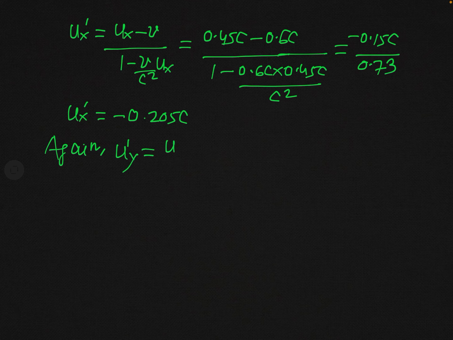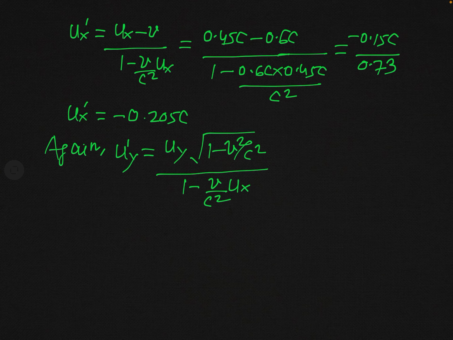You know this is equal to uy into root over 1 minus v square by c square, divided by 1 minus v over c square into ux. Now again substitute the values of all quantities in the RHS of this equation, and you have seen that this uy is equal to